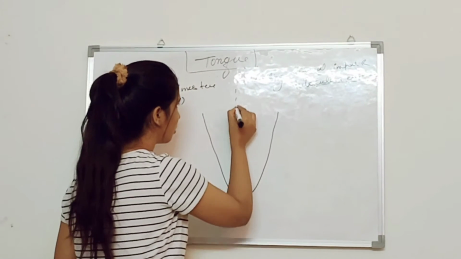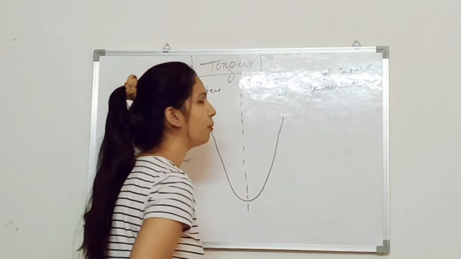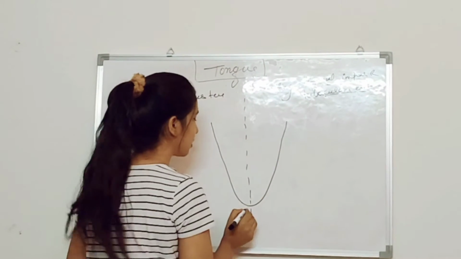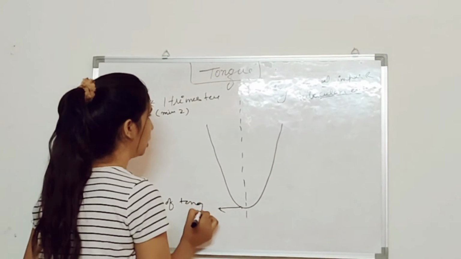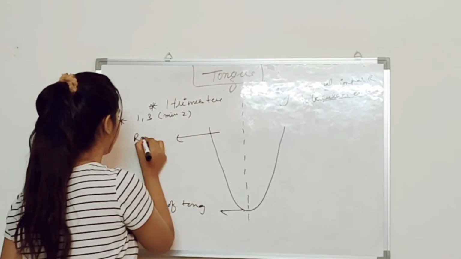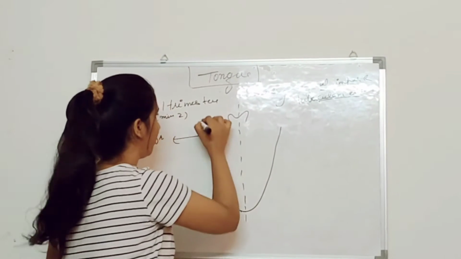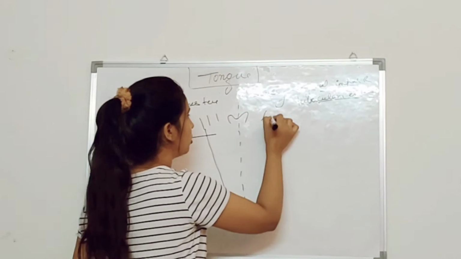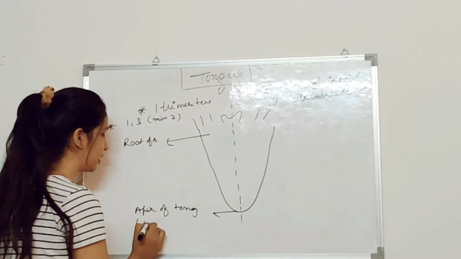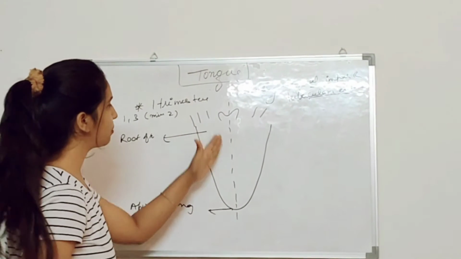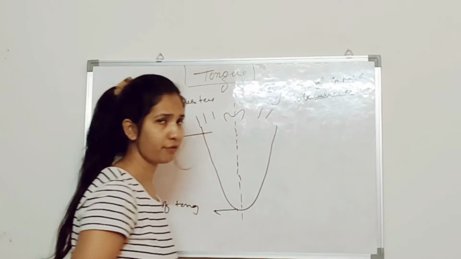So we are going to divide this tongue into 2 portions so I can explain it better. So this is called the apex of the tongue. This is called the root of the tongue. Behind this you have the epiglottis, palatine tonsil and further structures. So this is the root of the tongue. This is the apex of the tongue, or you can call it the tip of the tongue. This midline refers to the median raphe of the tongue.